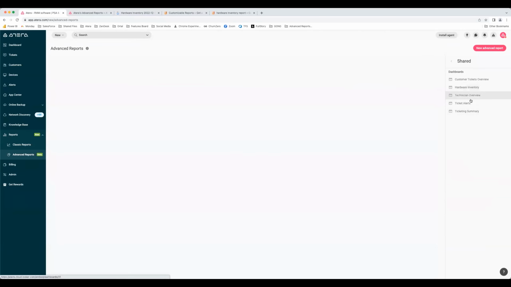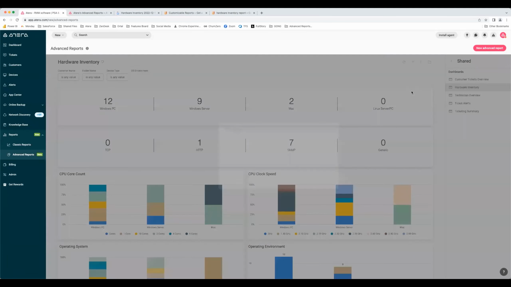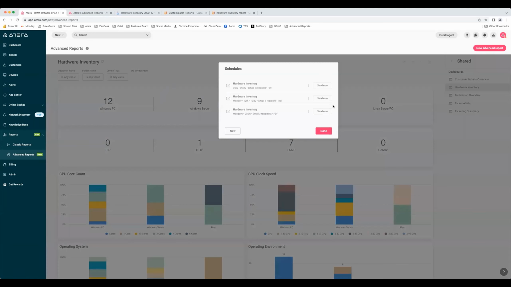It goes the same way with any other report. You can also schedule the delivery of these preset dashboards by simply clicking on schedule delivery. You will be forwarded to your existing scheduling that you already scheduled. So you can see here that I scheduled 3 different times, the same report to different recipients on different times,